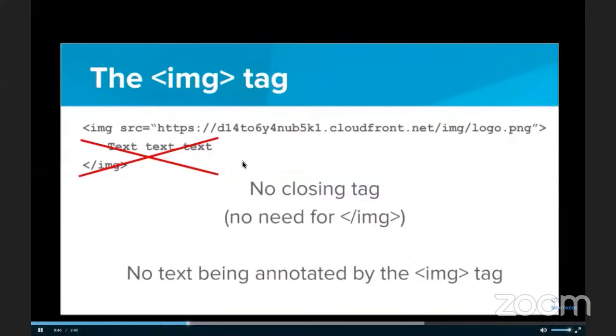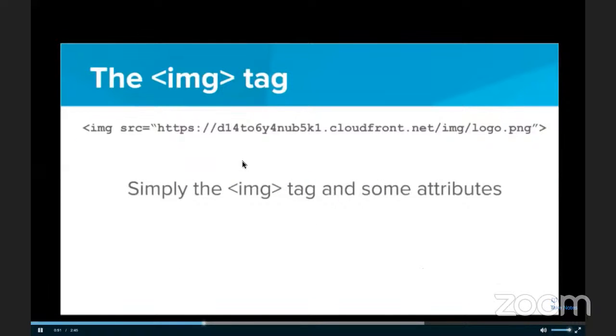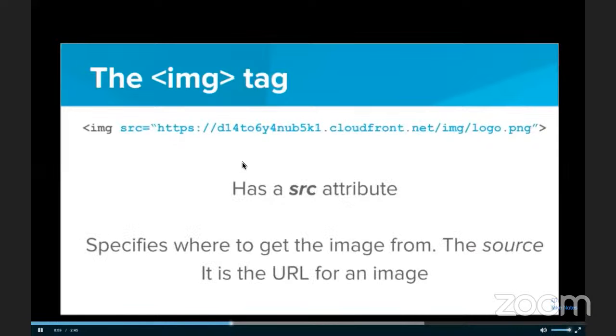Text. It's just fetching an image and putting it on the page. So really, it's just simply image tag and some attributes. Now the attributes are very important. So what are the attributes of an image tag? First off, we have the SRC attribute, or the source attribute. The source attribute specifies where we should get the image from. And this is the URL for an image. So this is where the image tag will actually look to grab the image and insert it onto your web